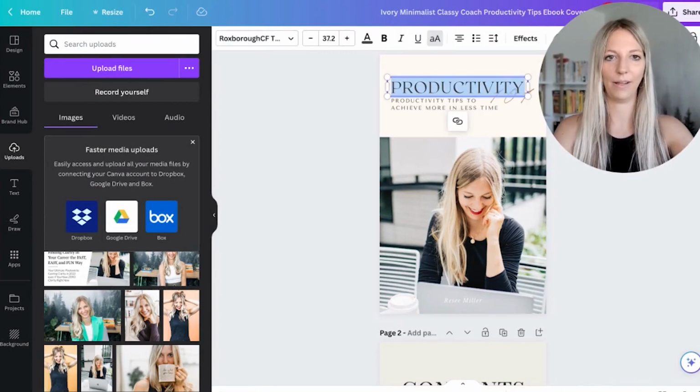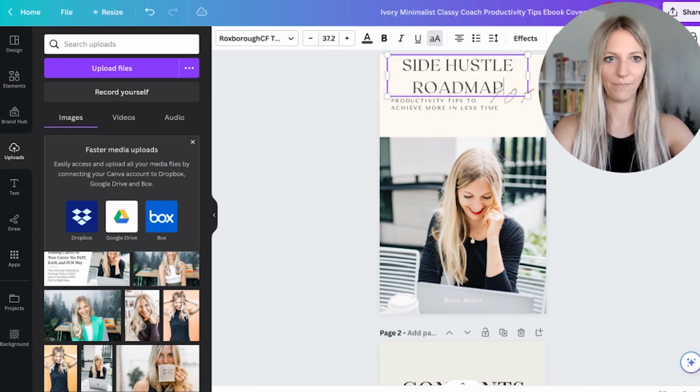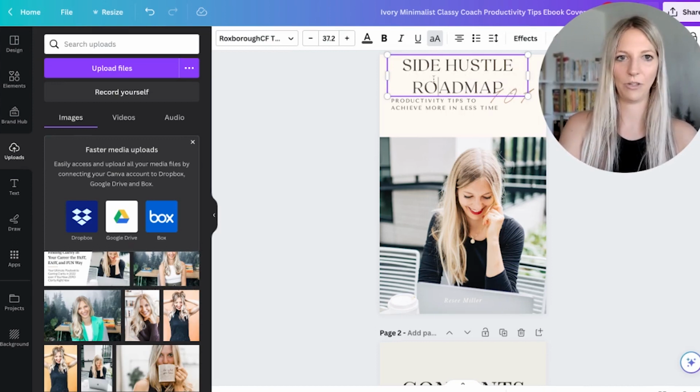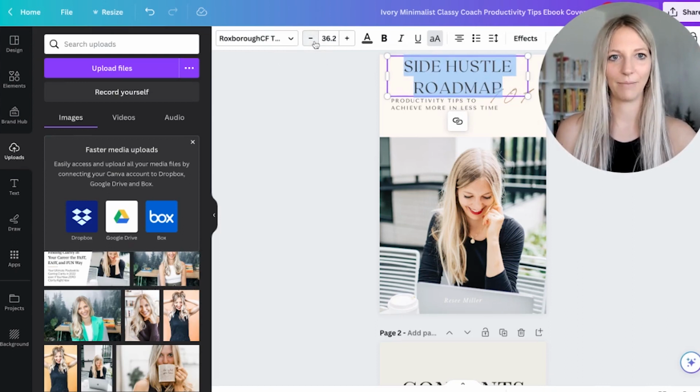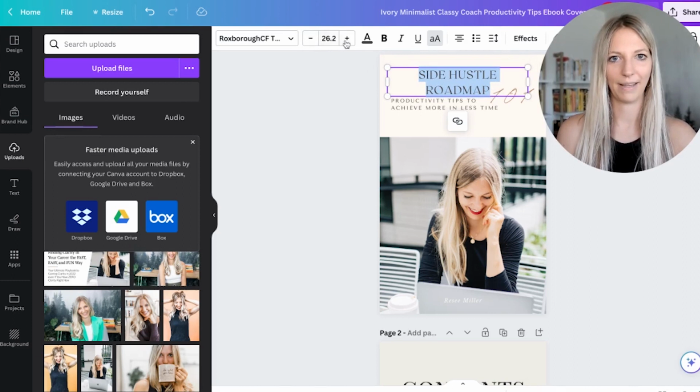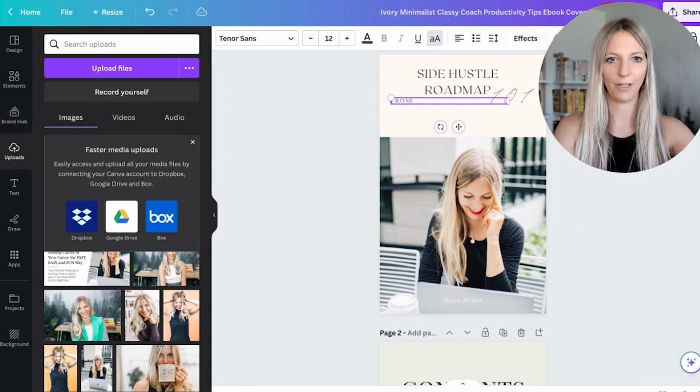Let's say I call it the ultimate side hustle roadmap. And you see how it's a little bit too big. So I select all, which is Command A, and then I just make this a little bit smaller. Maybe like this, perfect. And then let's do from idea to first sale in less than